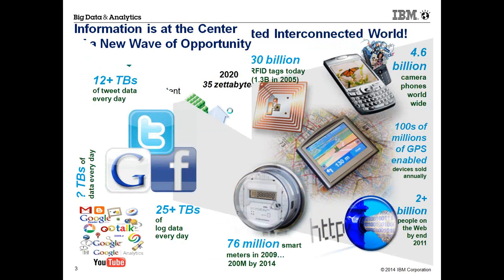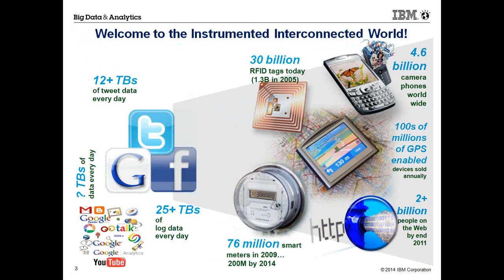So with that, if I go into the next slide, more or less this is the world that we're living in, right? We are living in a world where there are 30 billion RFID tags. It could be a tag in your vehicle when you do E-ZPass on the Tappan Zee Bridge across the Hudson River in New York, or it could be an RFID tag attached to your healthcare product to ensure that the product or vaccine, right from the manufacturer to the destination, is actually preserved and is going through a particular temperature control, so the vaccine is still alive and kicking, right? And it's not dead. We're talking of 12 terabytes of Twitter data coming in every single day, right?